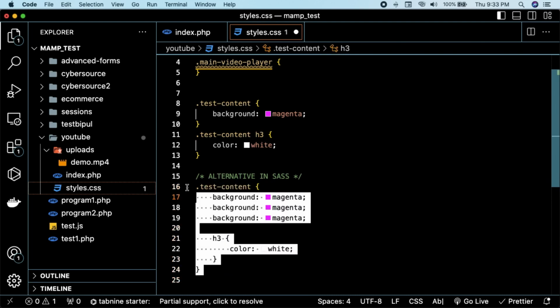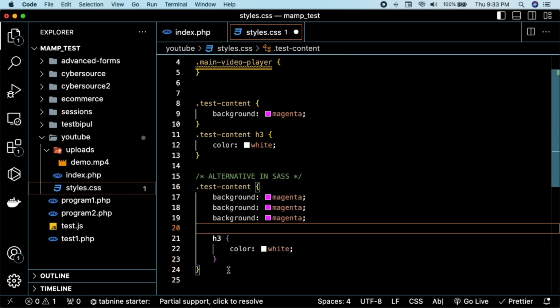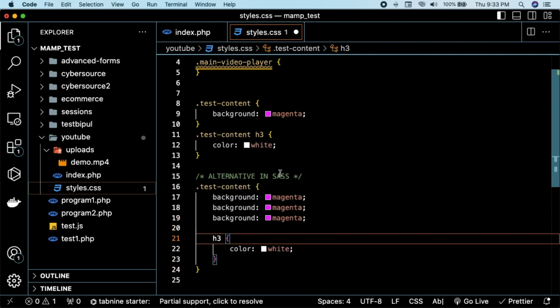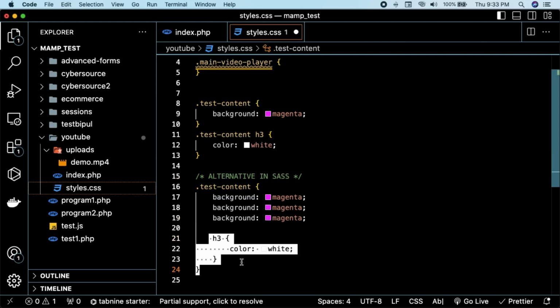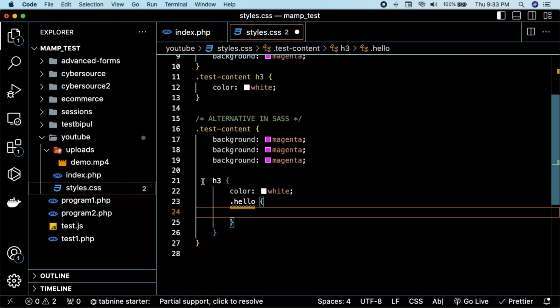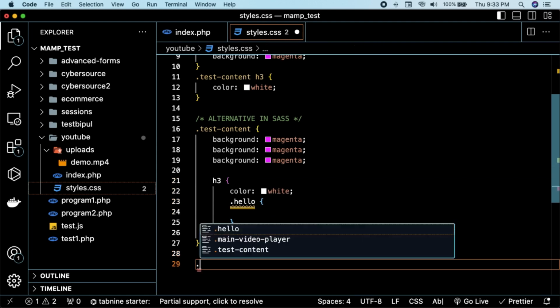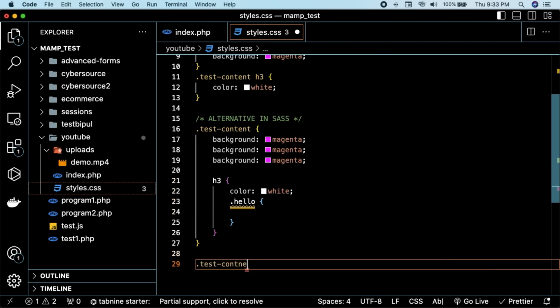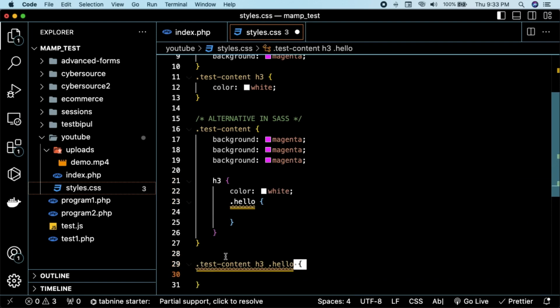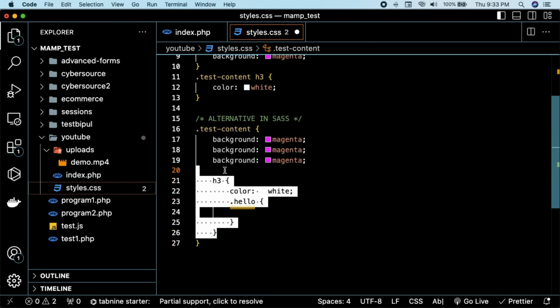Okay, then whenever we will compile this SCSS code, remember this is not a valid CSS code, this is a valid SCSS code and Sass code. So here it allows nesting of tags like this, nesting of selectors. इसके अंदर hello बना सकता हूँ मैं. So this will be compiled. Okay, so it will be like this, test content h3 dot hello ऐसा, तो ये ऐसा descendant selector जैसा form में compile हो जाएगा, ठीक है. So this kind of like utility tools are there,